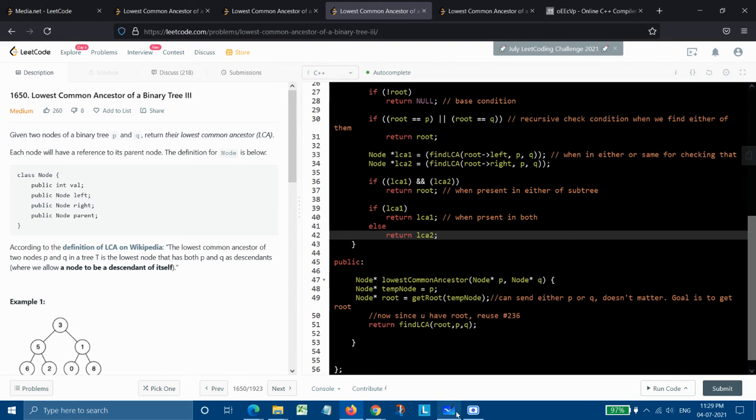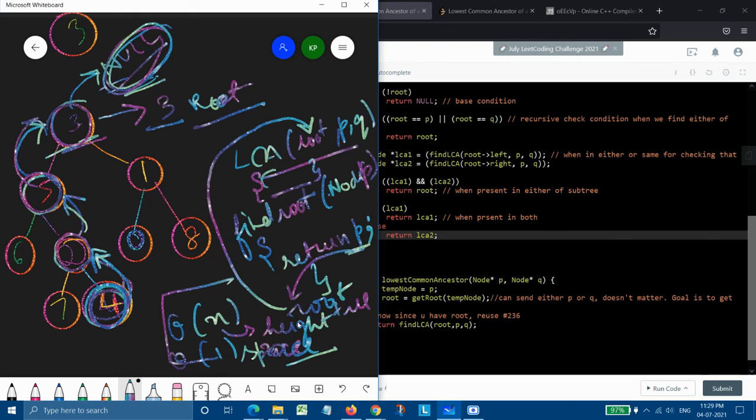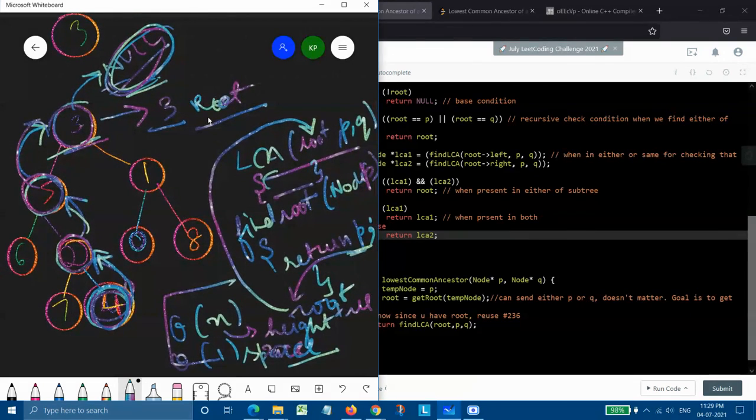To be precise and just to summarize it again, we need to first find out the root, and this root could be found by utilizing the fact that we are given a parent member. It will help us in finding the root, and when we find out the root, then we can put that root into this LCA function, and then we will simply do the whole thing again the way we were doing in our previous question.